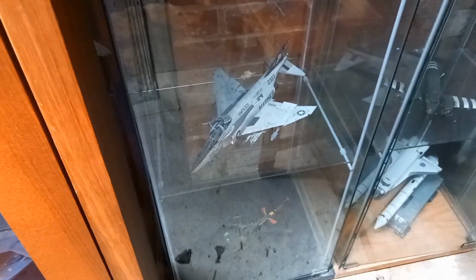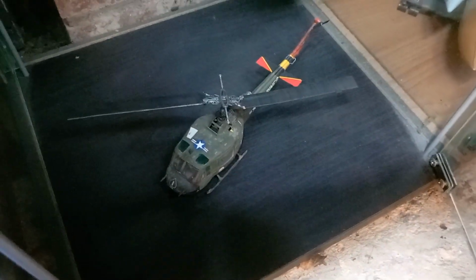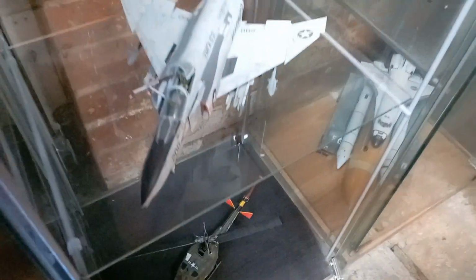We've got a 1 in 48 F4. Now then, Hasegawa for that one. And again, a lovely kit. And then right down at the bottom, the worst kit that I have ever built. And it's that one, the little 1 in 48 Bell Huey helicopter. What an absolute nightmare that was. I'm going to skip that one for a minute,